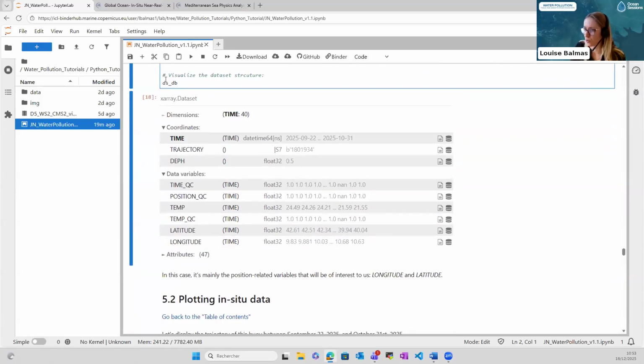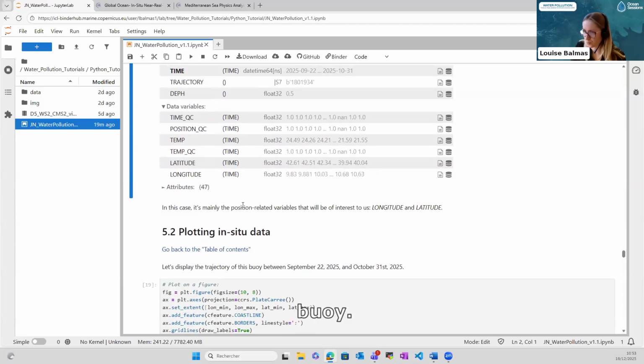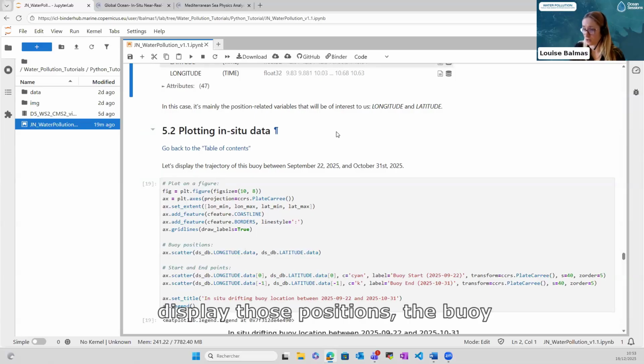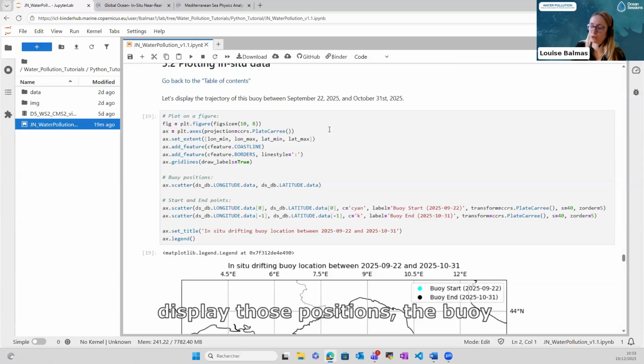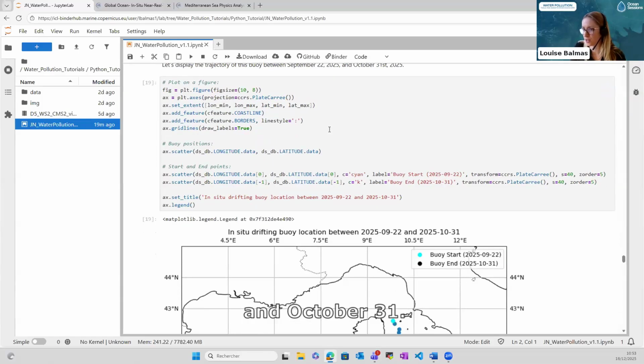And then, when visualizing the data set, you have the same structure, the coordinates, and here we are only interested in the time and the position of the buoy. Then let's display those buoy positions between September 22 and October 31st. So to plot it on a figure,